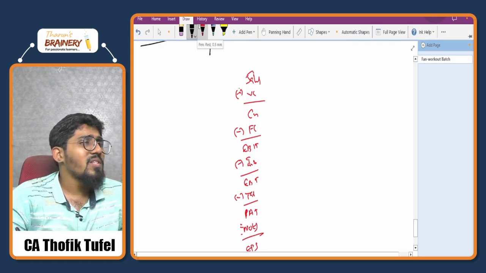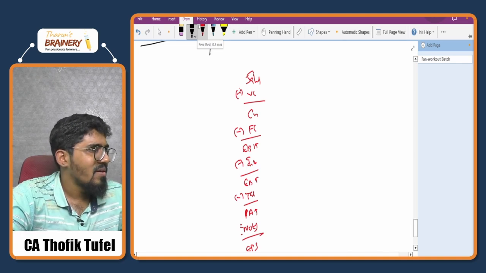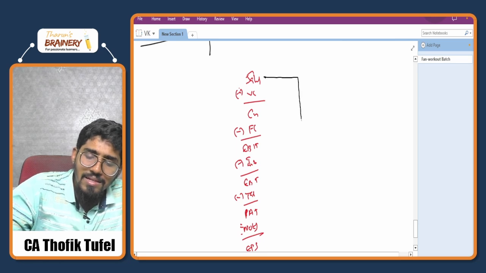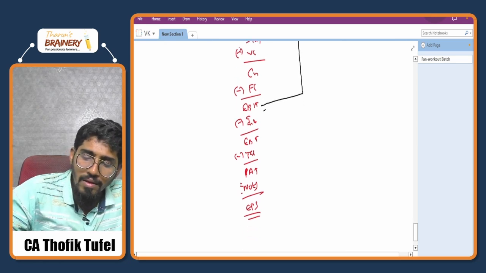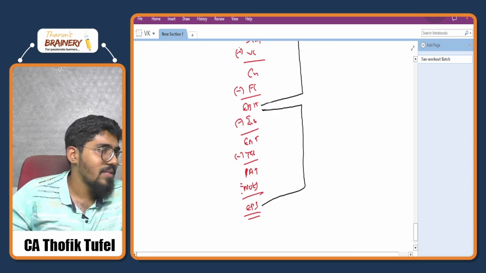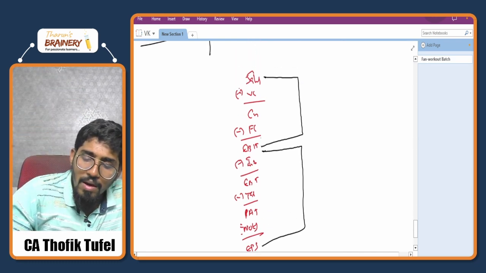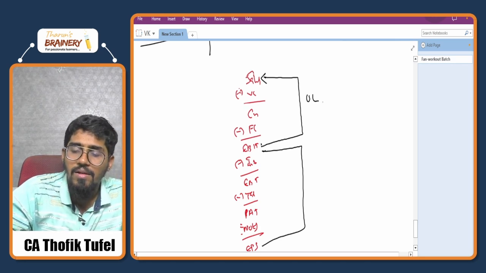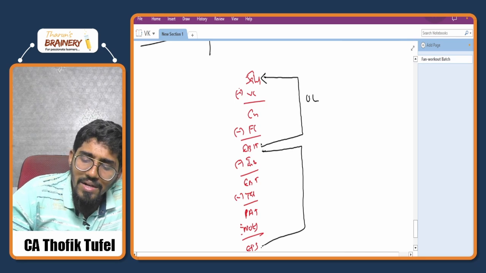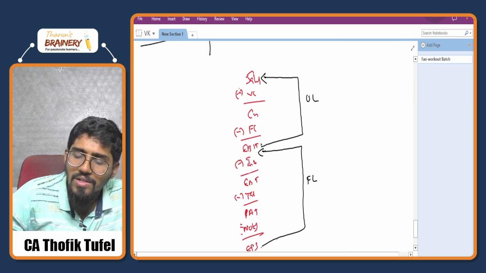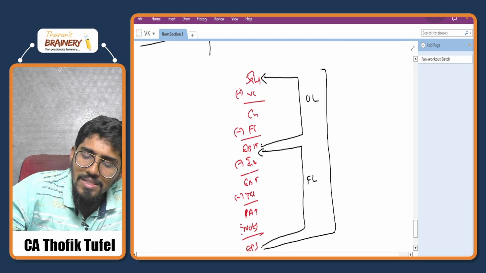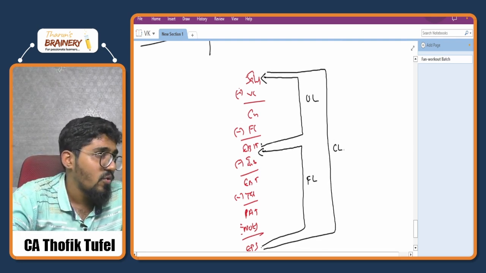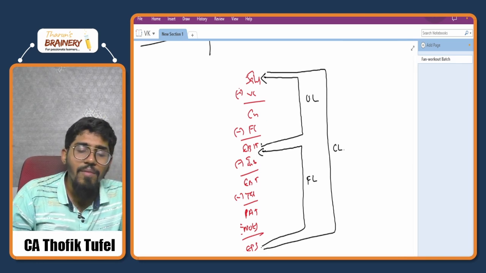Now you just have to draw a namam. Sales is connected with EBIT. EBIT is connected with EPS. From bottom to top you have to go. Percentage change in EBIT divided by percentage change in sales is equal to operating leverage. Percentage change in EPS divided by percentage change in EBIT is equal to financial leverage. Percentage change in EPS divided by percentage change in sales is equal to combined leverage. From bottom to top you have to go.